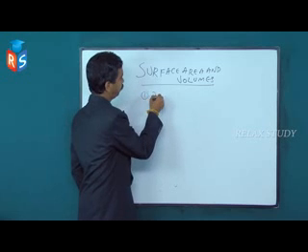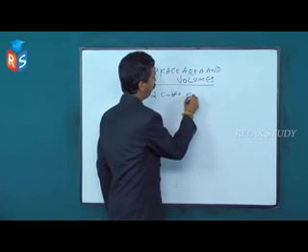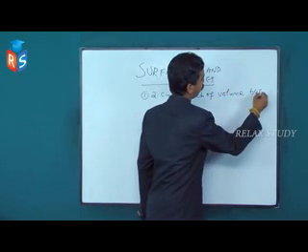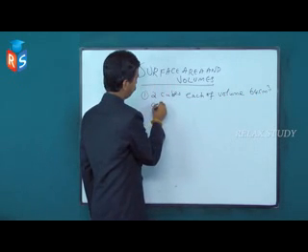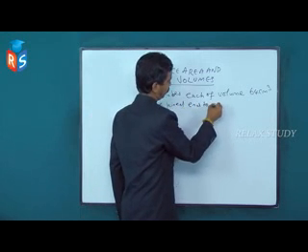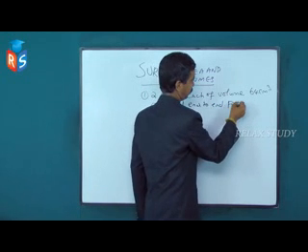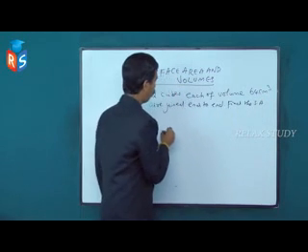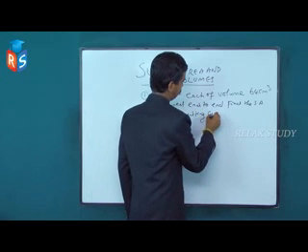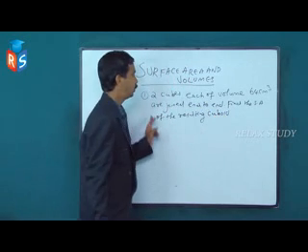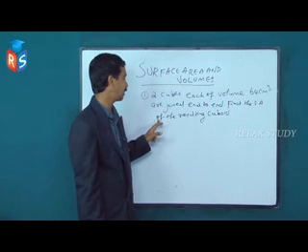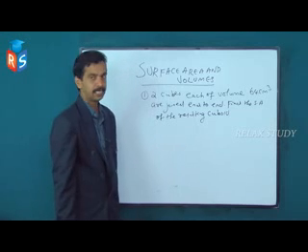First one. 2 cubes, each of volume 64 centimeter cube, are joined end to end. Find the surface area of the resulting cuboid. The solution: